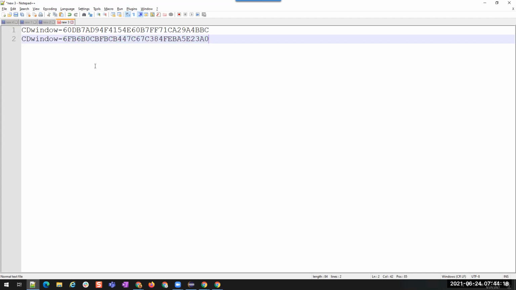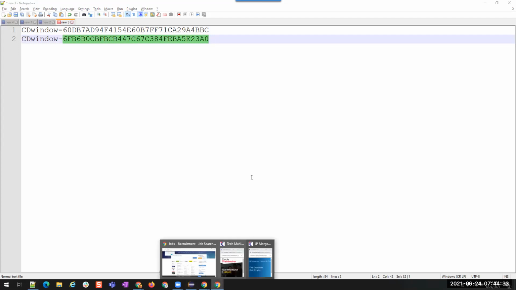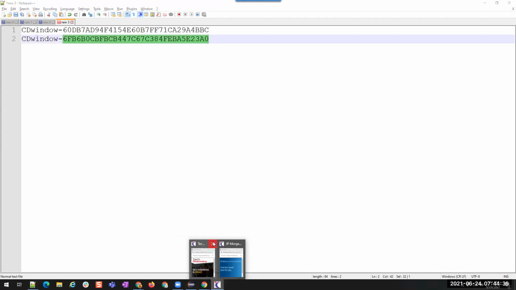I'm not sure what Selenium considers in generating this ID, but it is able to identify the window using this handle ID. So every time you run, you have to get the ID of the particular window so that you can switch to that window.